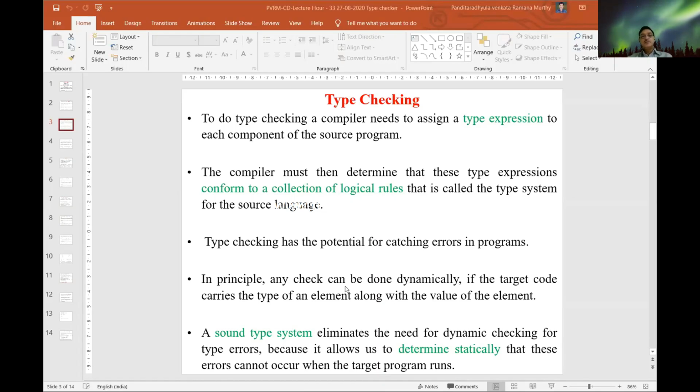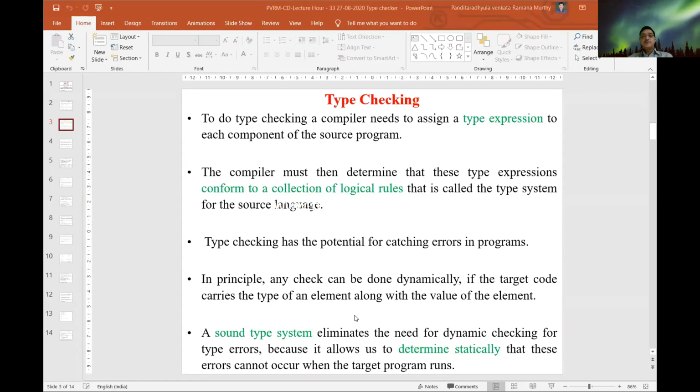In principle, any check can be done dynamically if the target code carries the type of an element along with the value of the element.